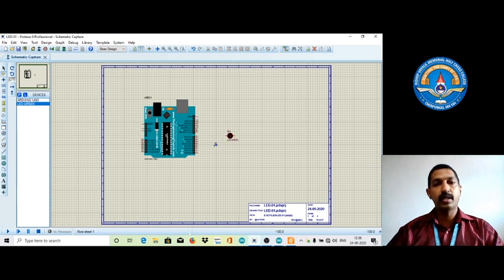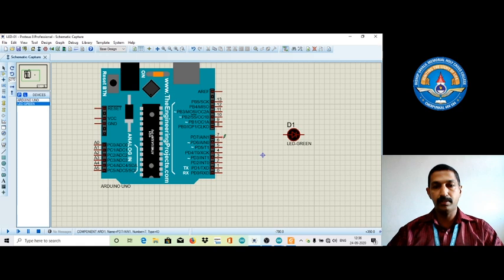So we need to connect our Arduino board with the LED device. I am selecting pin number 7. You can see the pin number 7 to the LED.